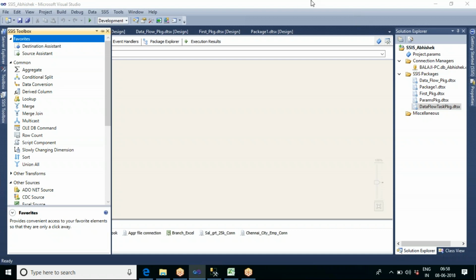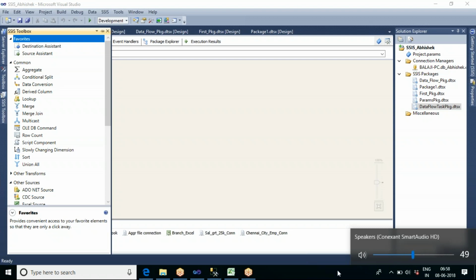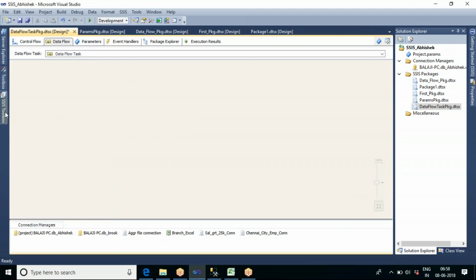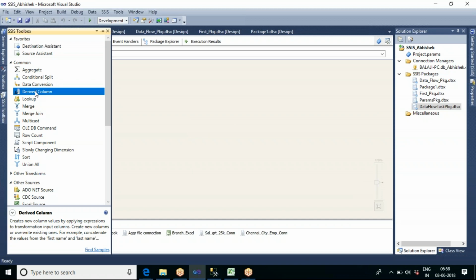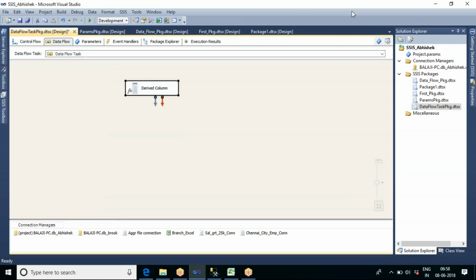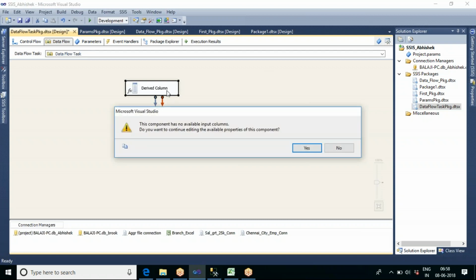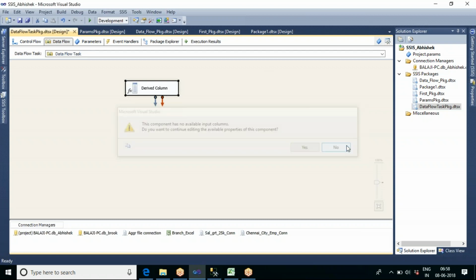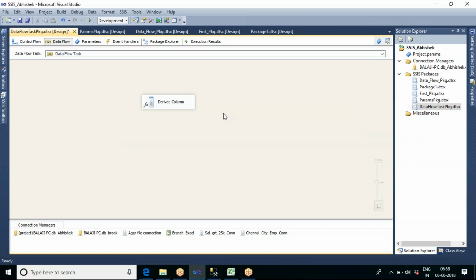So let me go for derived column. Let me send some input data into this.